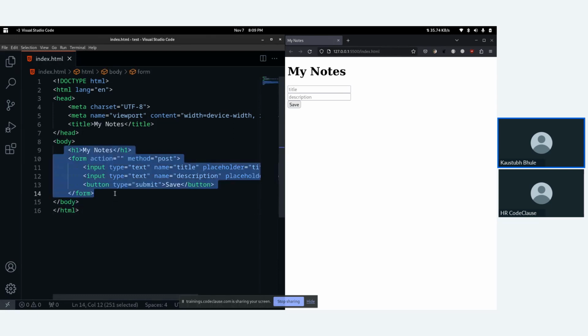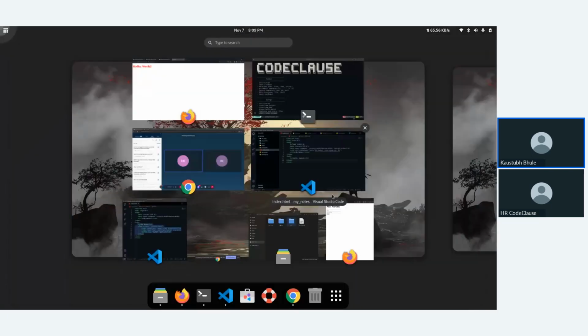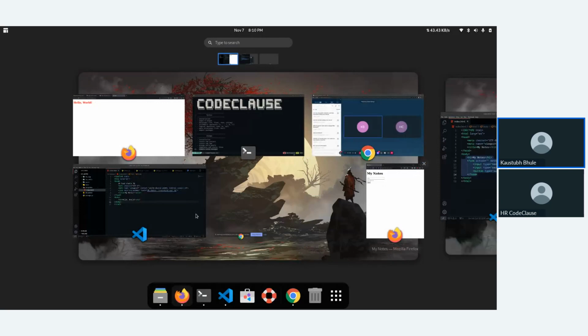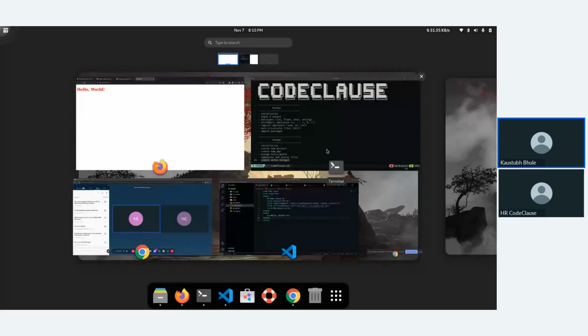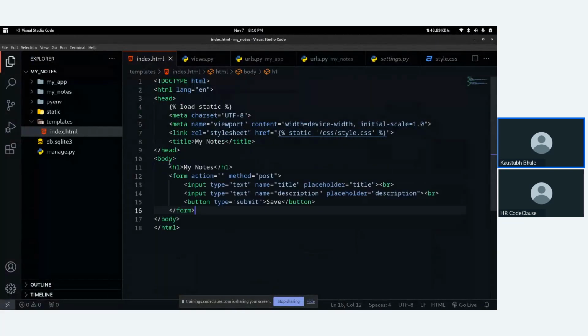Let's copy and paste the code in our main project. Instead of this hello world, we will paste our HTML code.